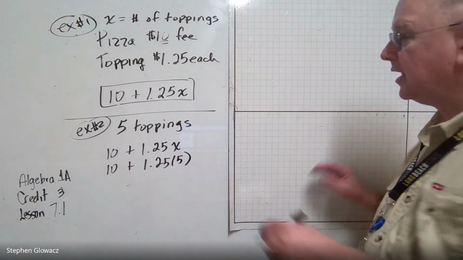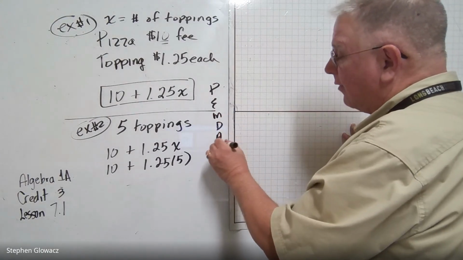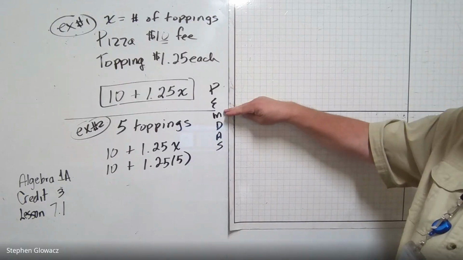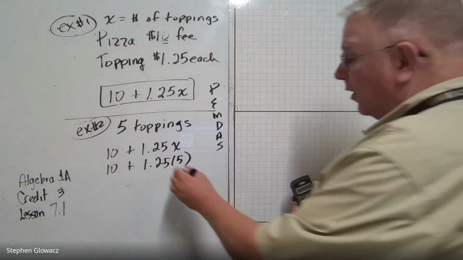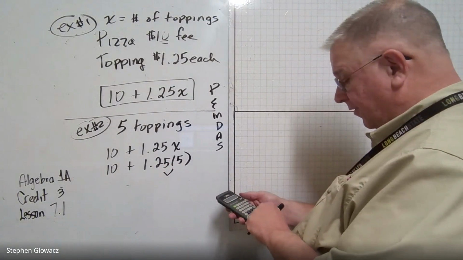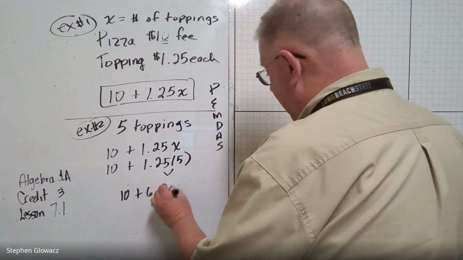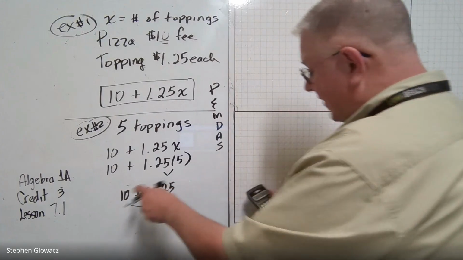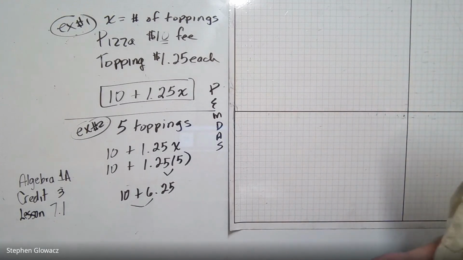Remember PEMDAS, please excuse my dear Aunt Sally, or however you may have learned that. So multiplication comes before addition. So we take 1.25, and we first multiply that by 5, and we get 6.25. And now we're going to add that up, 10 plus 6.25, and we get $16.25